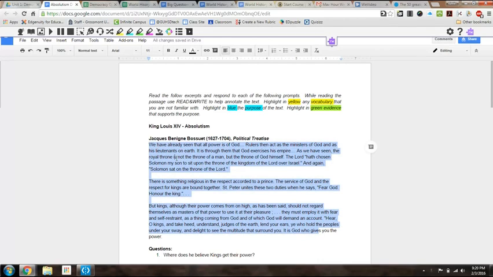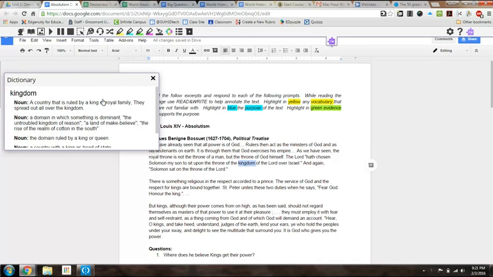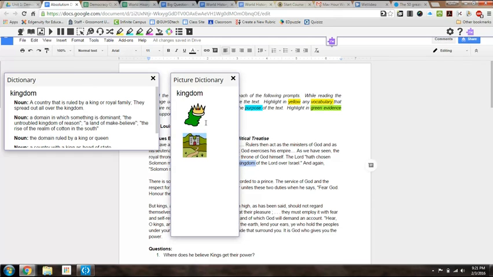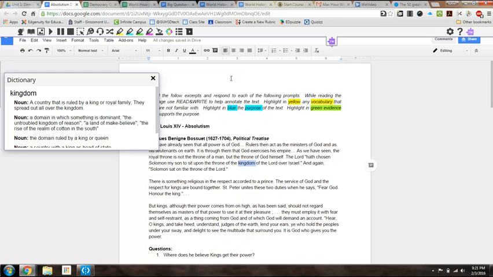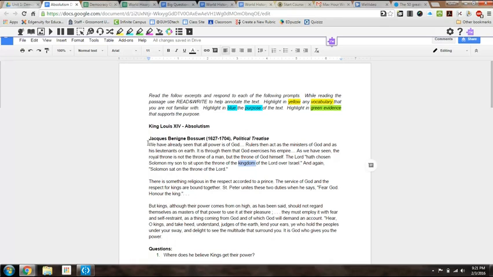So we're going to read several articles written by people back in the 17th century. As we go through and read these things, you may come across vocabulary you're not very familiar with. So say you select a word, you don't know what kingdom means. You can go up here to this little book and it'll give you the definition of kingdom. You can also select this little picture thing right here, and it'll give you some images as a picture dictionary. The other cool thing this feature will do is if you select the text,